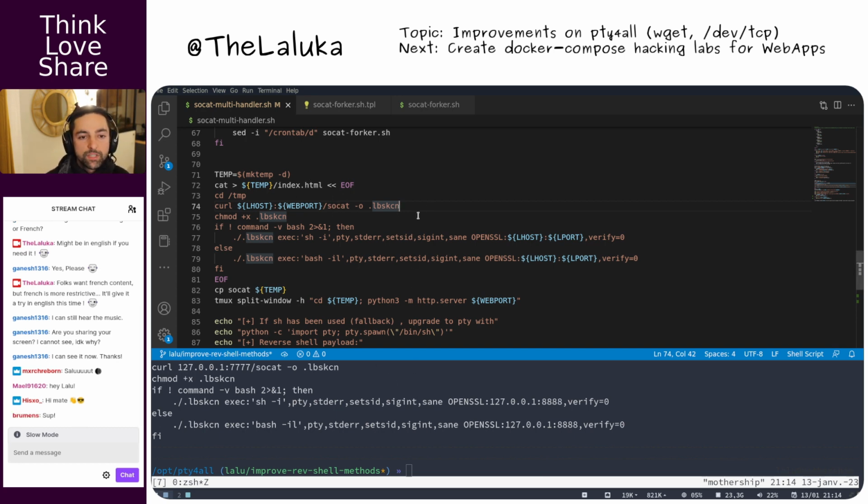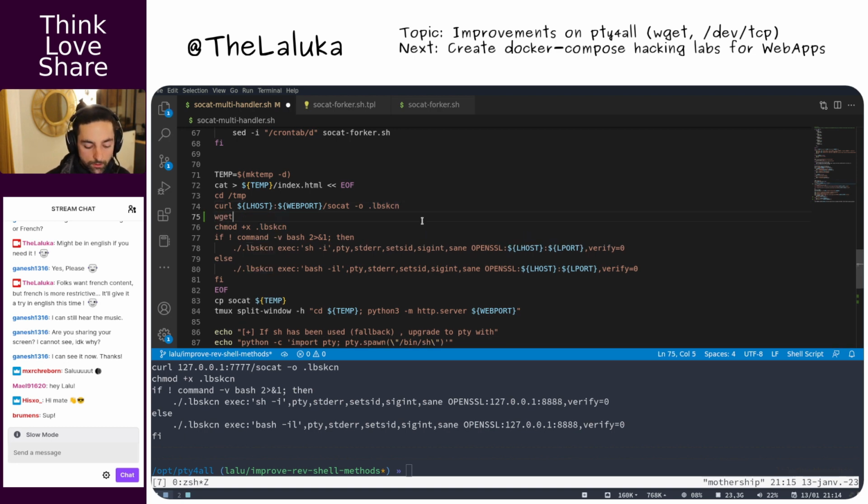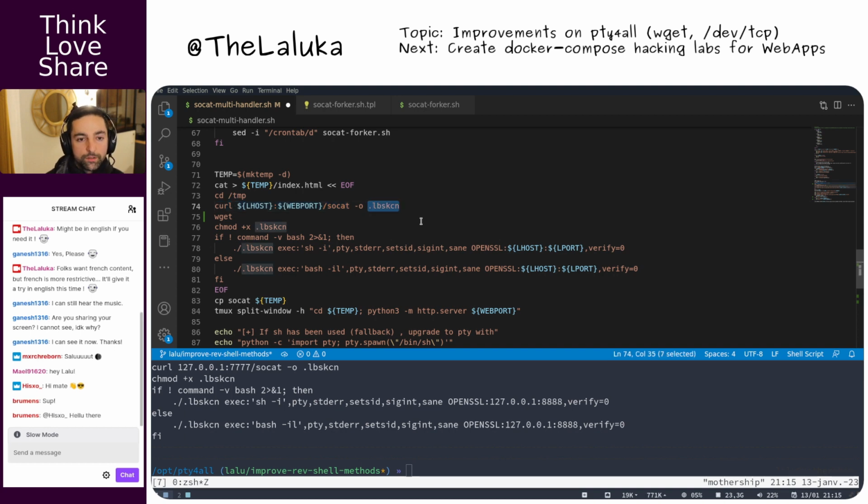So this time we need to... okay, so what I'm currently trying to achieve is that I download the socat binary with curl here and write it out as lsb something, because it just seems to not be something evil, I hope, since it just looks like Linux black magic.